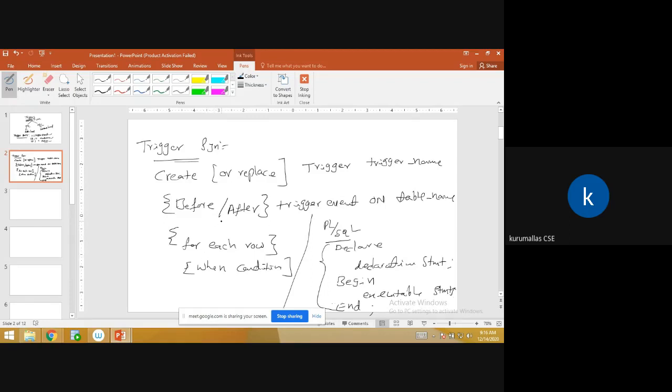Here, if you observe, CREATE OR REPLACE means that the first time you are creating the trigger, you use CREATE TRIGGER with a name, like table_operation. This is user defined.